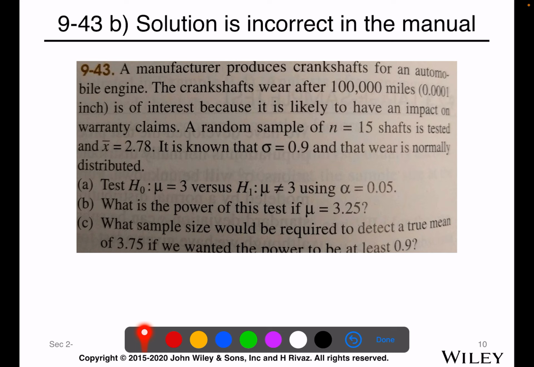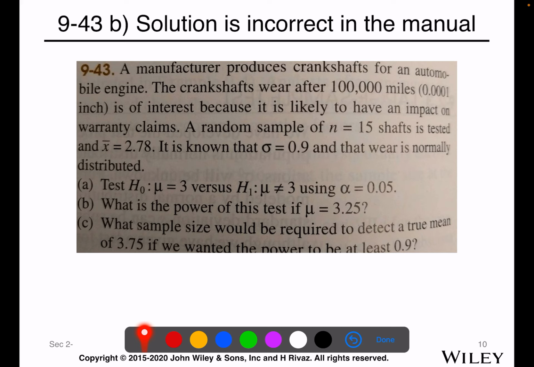Right? So basically what happened is that our 15 samples gave us a mean of 2.78. And let's say the specification sheet says that mu should be 3. We collected a sample of size 15 and we found that X bar is actually 2.78. So is mu 3 or not? That's the question. So again, it's very important to find out whether we have to use the normal distribution or the t distribution. So which one should